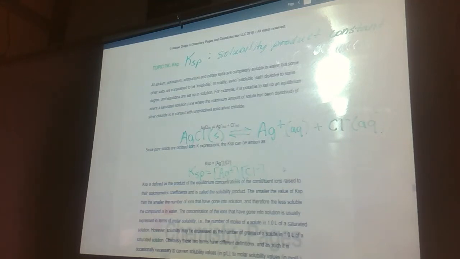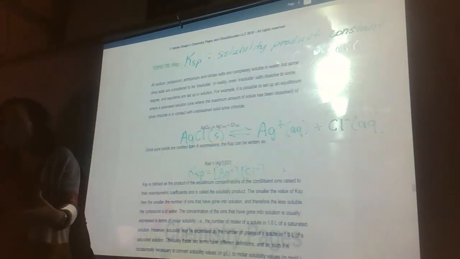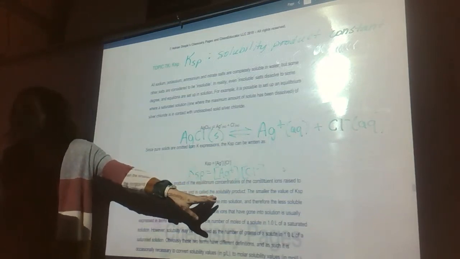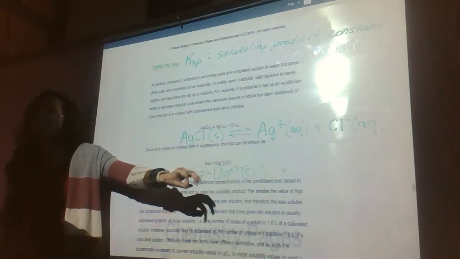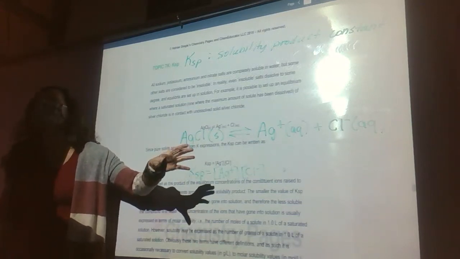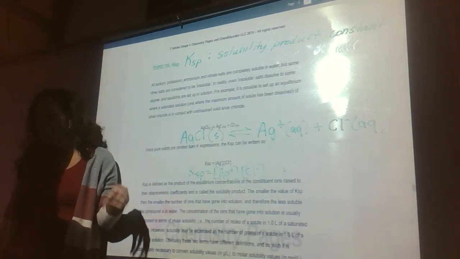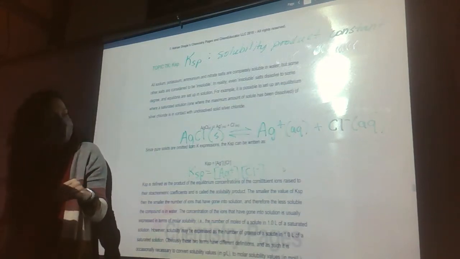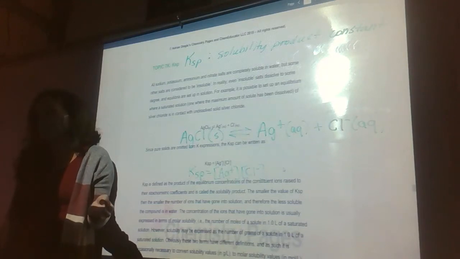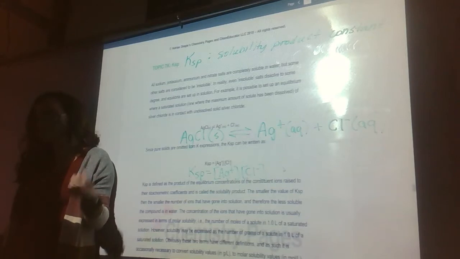And what we're going to find out is the larger the K value, the larger the Ksp value is, the more soluble the thing is, because the more ions you have at equilibrium. So large Ksp values tell us that that thing is what we call extremely soluble in water. If you have a very small K value, like something times 10 to the negative fifth or times 10 to the negative sixth, that's a very small amount of ions, and that's what we call sparingly soluble, just barely soluble